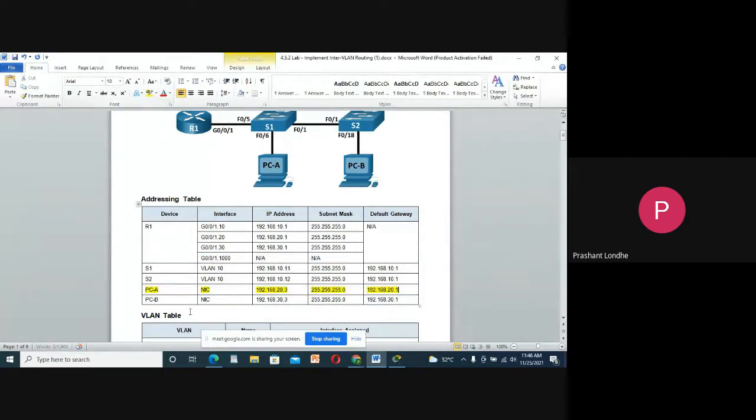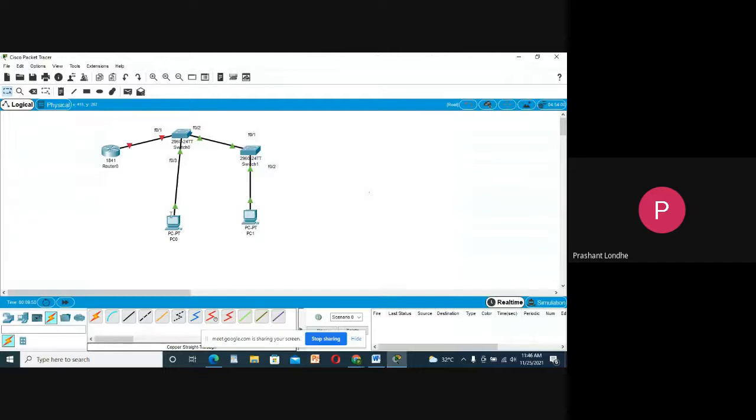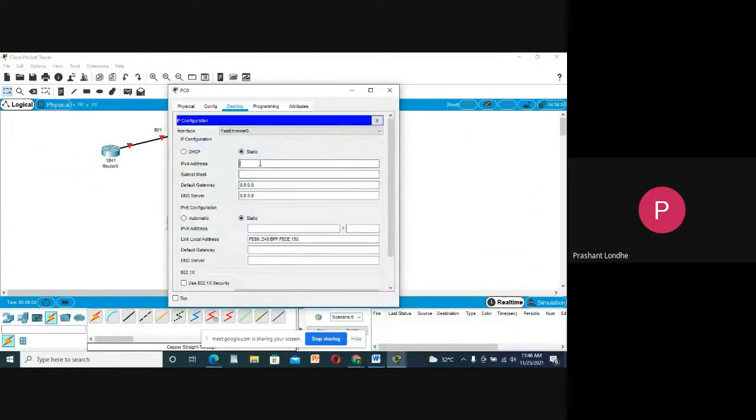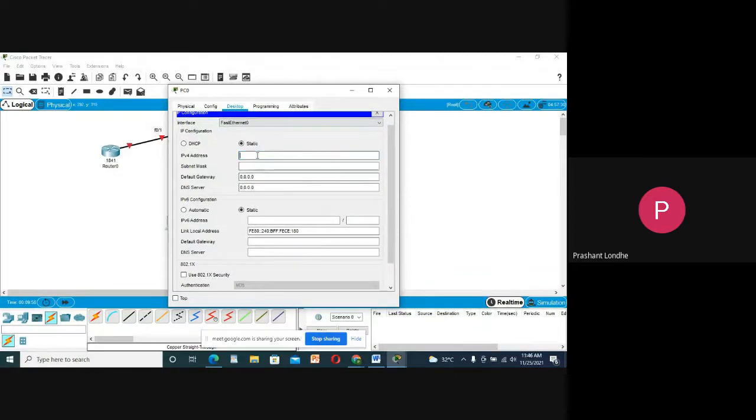So I will highlight PCA. What is the IP address? 192.168.20.3. So just do this: 192.168.20.3 and 192.168.20.1.